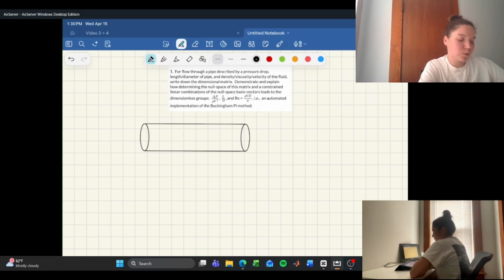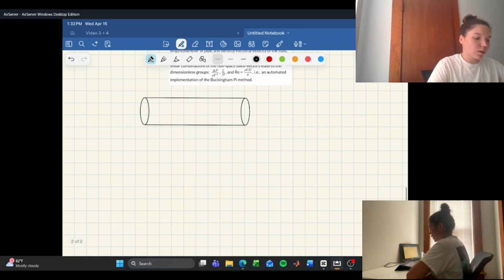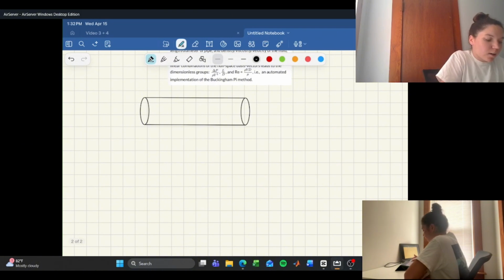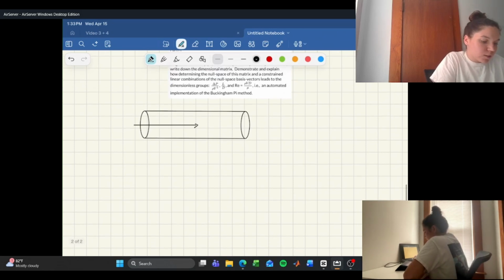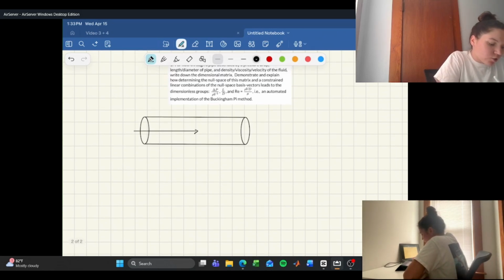So this homework we're going to be talking about dimensionless groups, dimensionless numbers, and in this one specifically we're going to look at a dimensional matrix and determining the null space as well. So looking at this pipe, we're going to look at the flow through the pipe and what can influence the flow. So for this is going to be a change in pressure